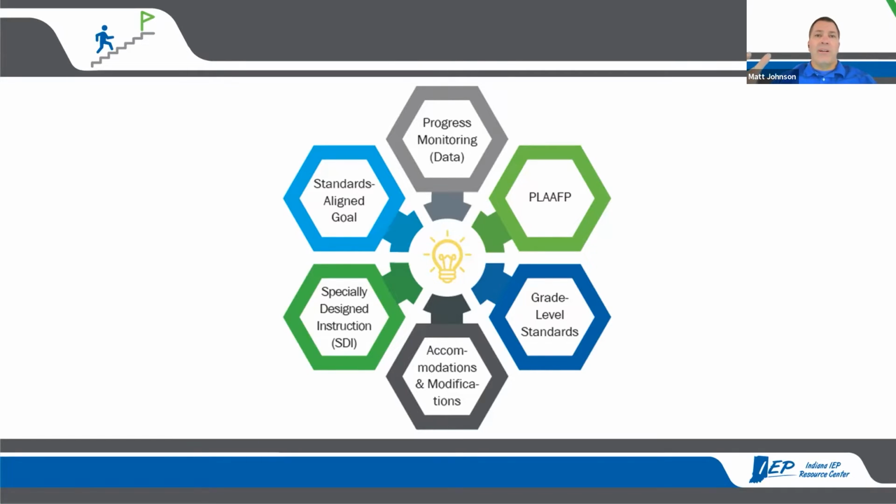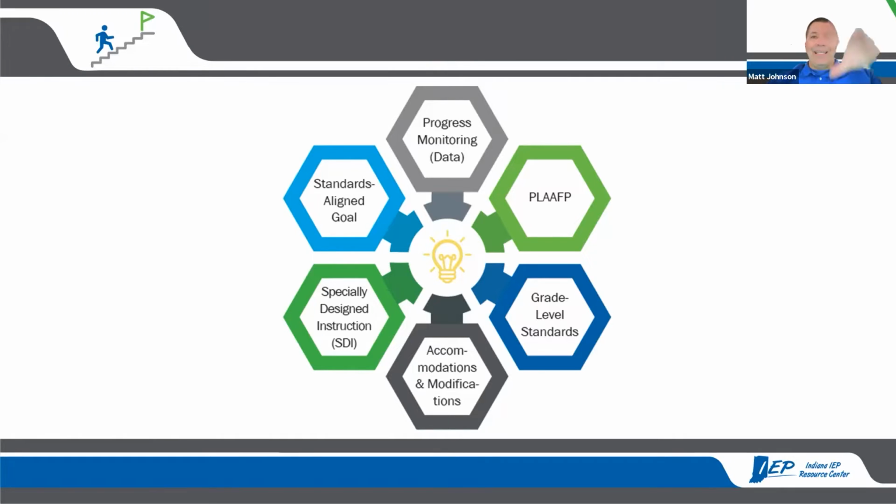So where we start in progress monitoring data, it'll lead us into present levels in that discussion. And really in terms of this process, if you think of the Indiana IEP, we're looking at that annual goal page now. So the present levels here is really looking at that little sample. What section are we looking at? If it's a math goal, let's look at the math data that we have. Or if it's behavior, let's look at that data first to help us inform the goal we're about to write. So we're looking at that cross section.